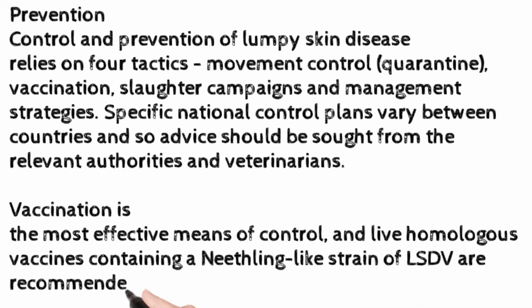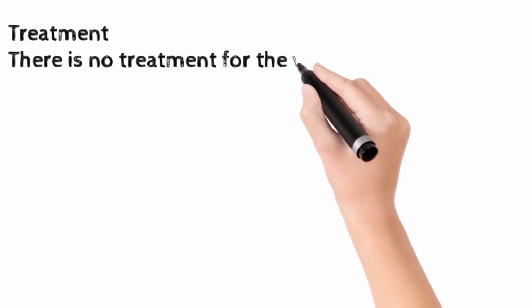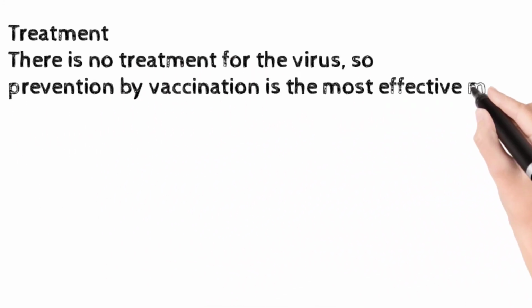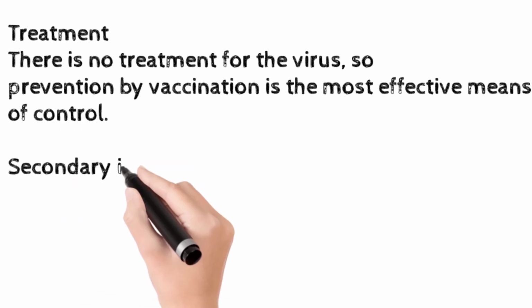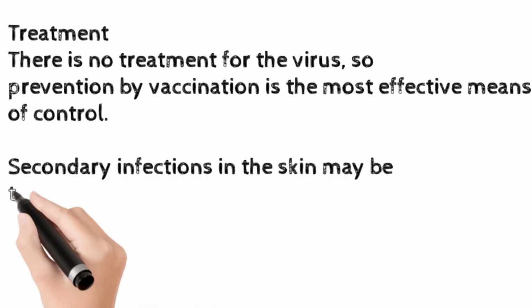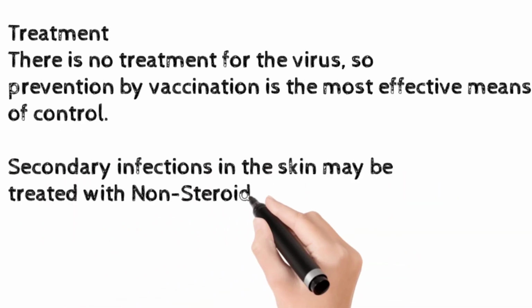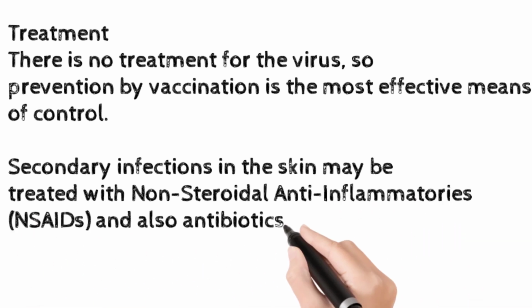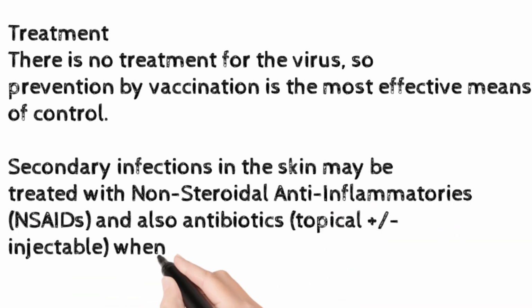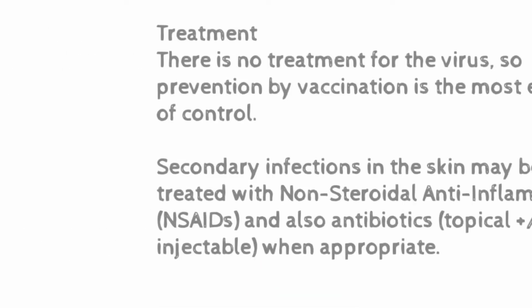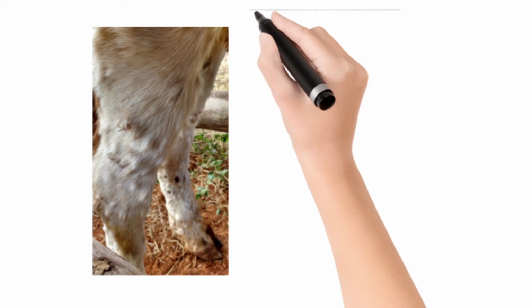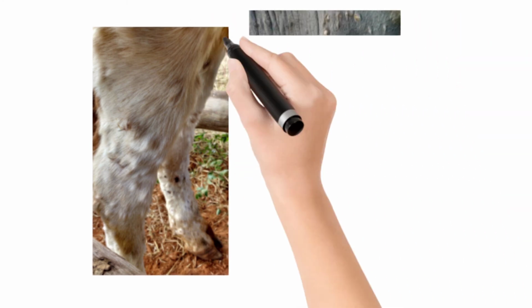diseases. Prevention. Control and prevention of lumpy skin disease relies on 4 tactics: movement control, quarantine, vaccination, slaughter campaigns, and management strategies. Specific national control plans vary between countries, and so advice should be sought from the relevant authorities and veterinarians. Vaccination is the most effective means of control, and live homologous vaccines containing a Neethling-like strain of LSDV are